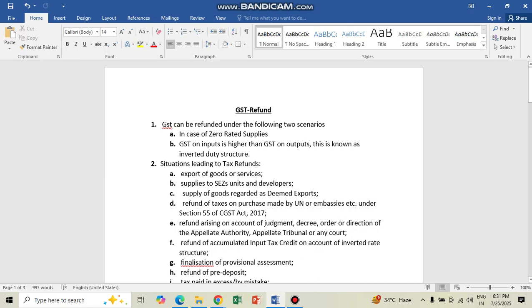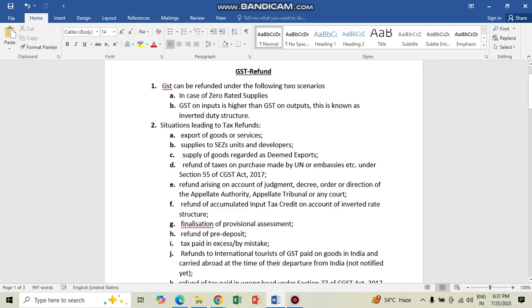The following are given below: export of goods or services, supplies to SEZ units and developers, supplies of goods regarded as deemed exports, refund of taxes on purchases made by UN or embassies under Section 55 of the CGST Act 2017, refund arising on account of judgment, decree, order, or direction of appellate authority, appellate tribunal, or any court, refund of accumulated input tax credit on account of inverted rate structure, finalization of provisional assessment, refund of pre-deposit, tax paid in excess or by mistake, refunds to international tourists on GST paid on goods in India and carried abroad at